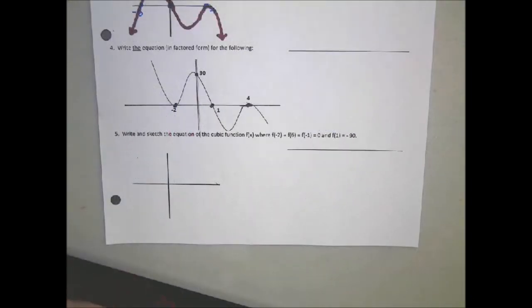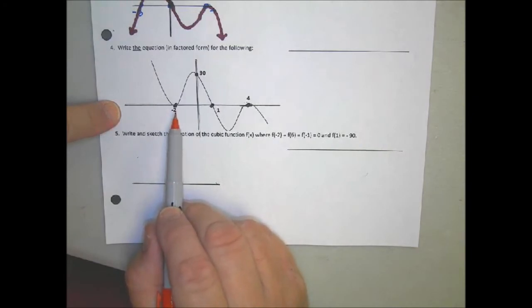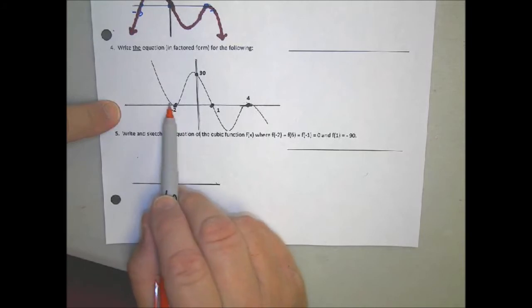The next two problems involve writing the specific equation that matches the polynomial. In problem number 4, we give the information in terms of the graph itself. Now, -2 is one of the zeros. So a factor had to have been x plus 2, but it was a bounce, so it had to have